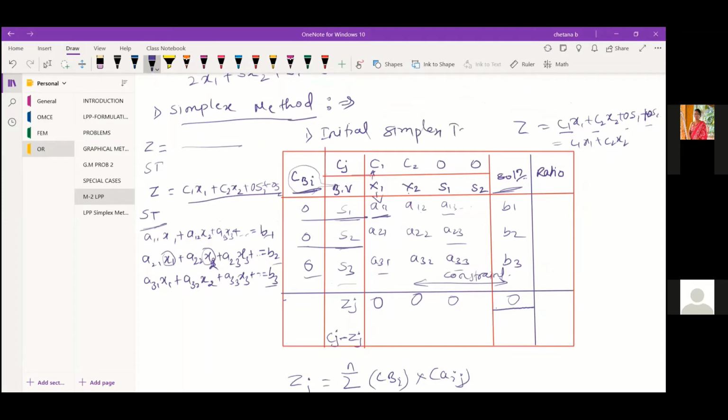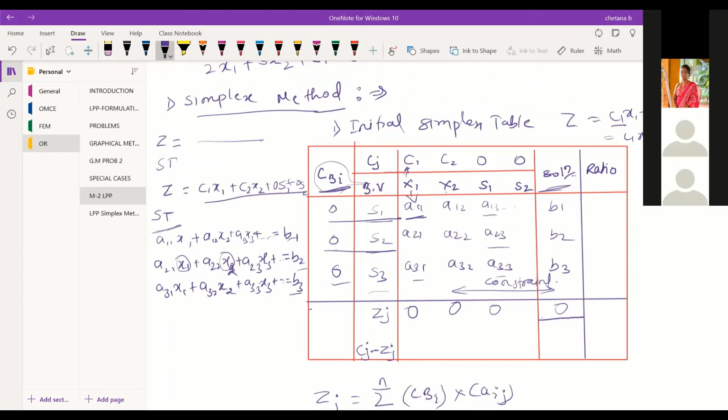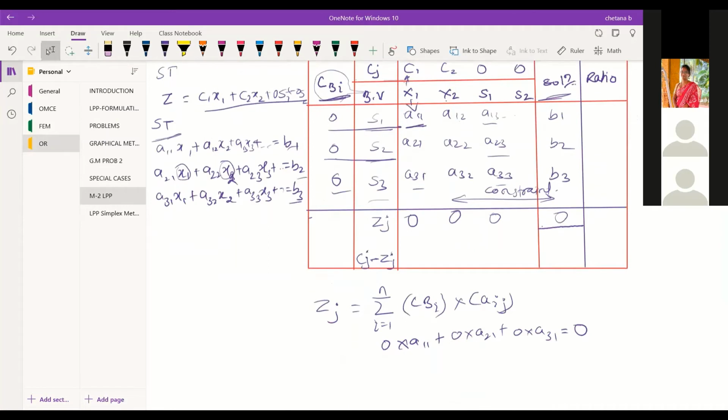Now what does this table give us? Once you calculate Cj minus Zj, that is C1 minus 0 is C1, C2 minus 0 is C2, 0 minus 0 is 0, again 0 minus 0 will be 0.